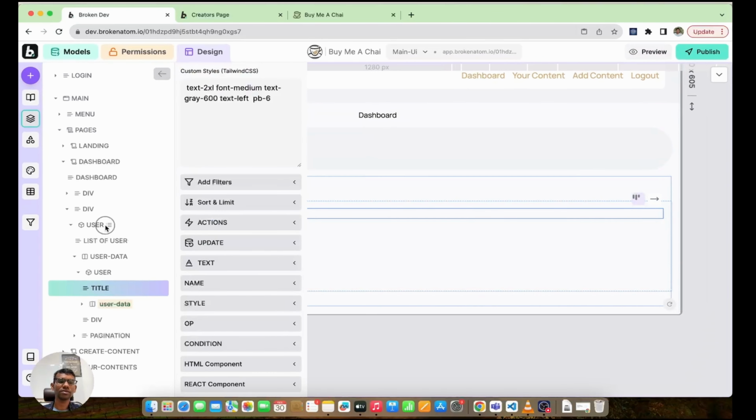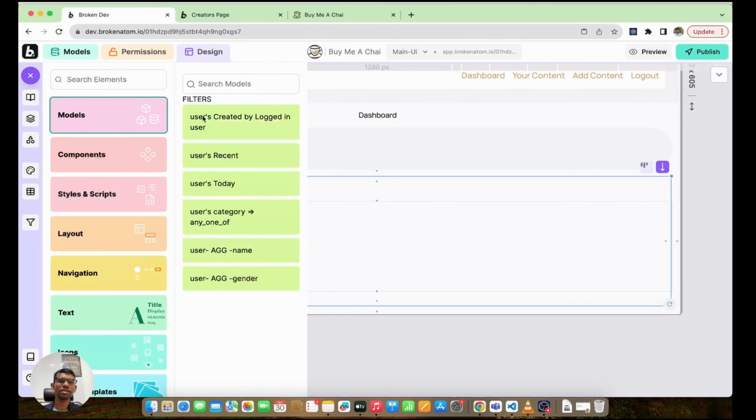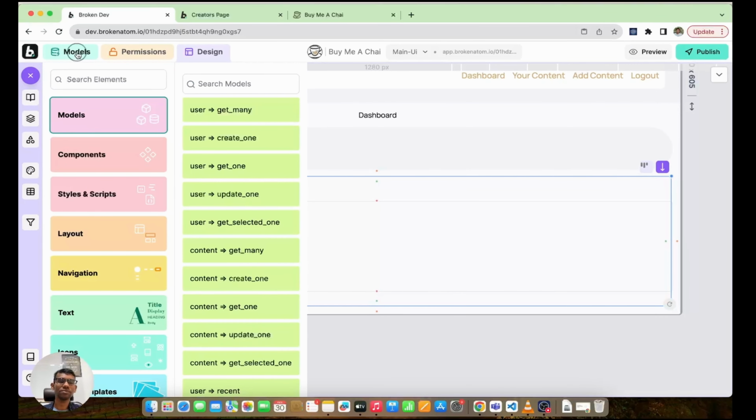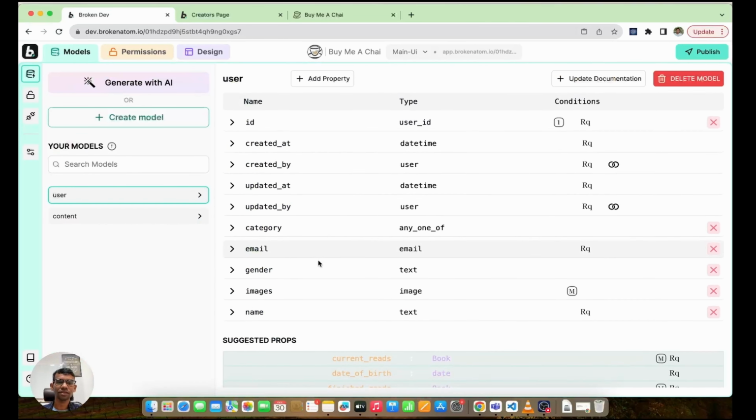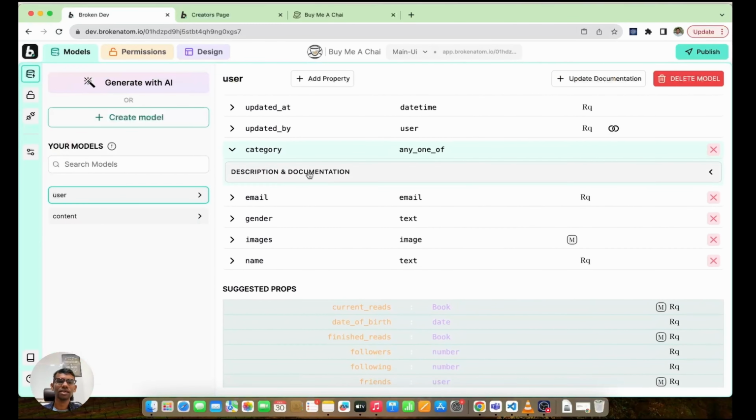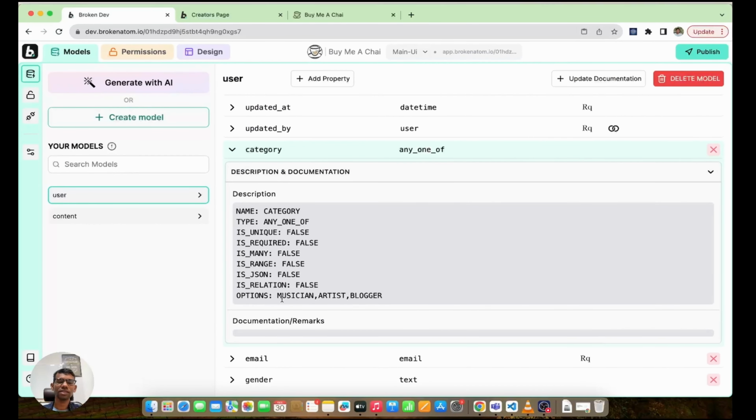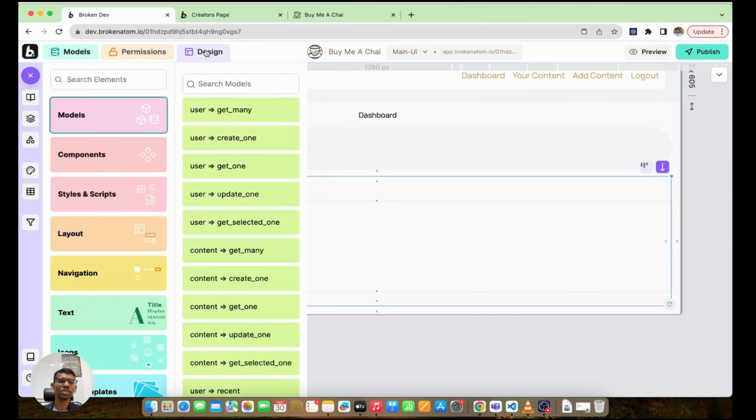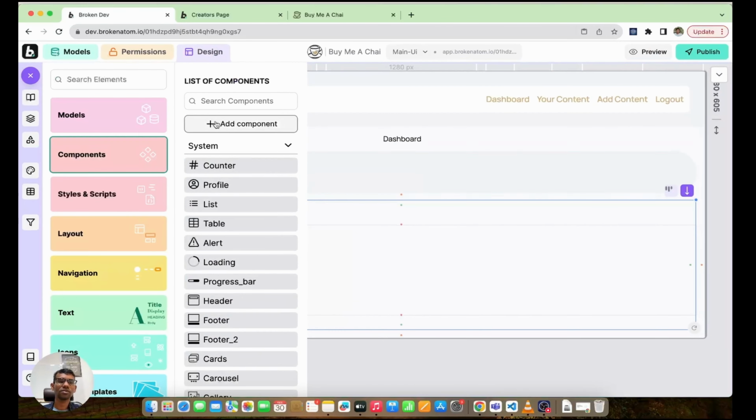We'll just select the list of users, and then we'll go to filter, and we will say user's category, because we have created it. If you remember your model, we have created something called category, and it says category is musician, artist or blogger. So that is what we'll be using here to filter. So if I come to a model,